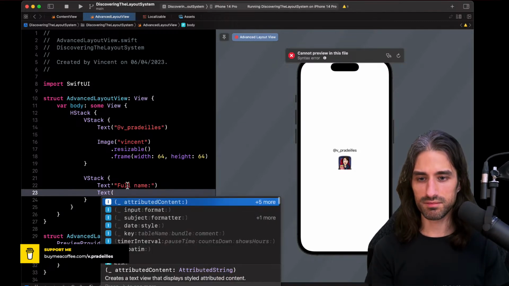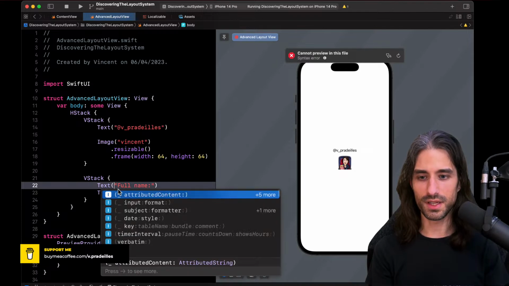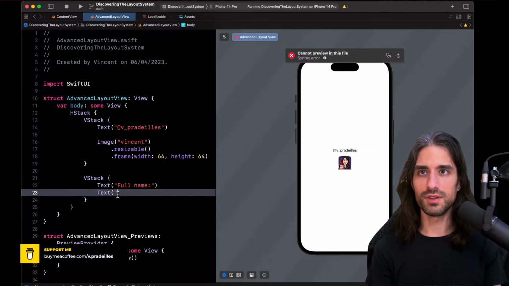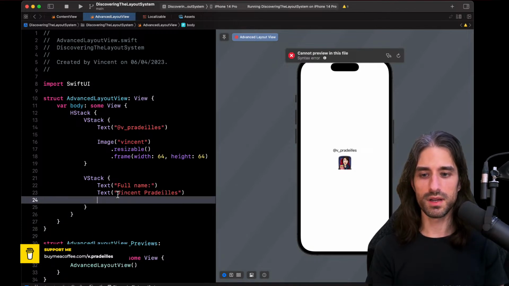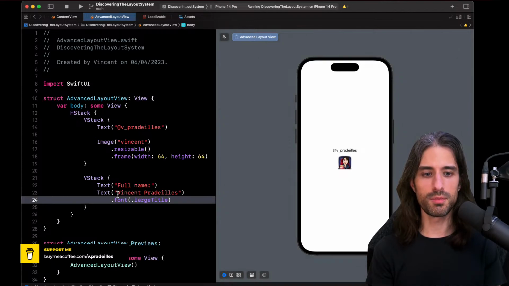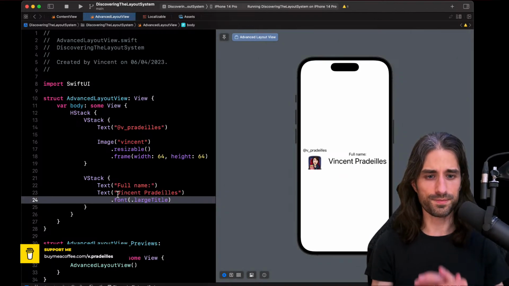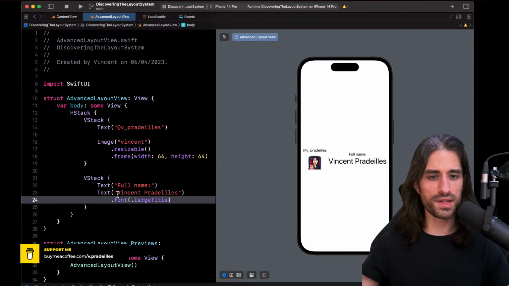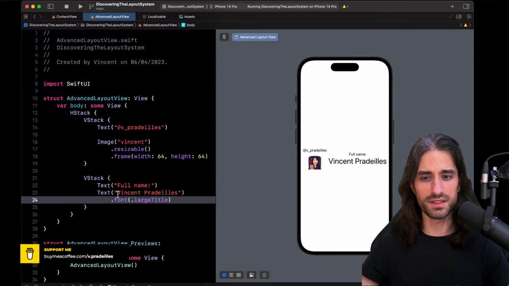And what is... I've made a few typos. What is this full name? So it's going to be my full name, okay? I'm gonna give it a big font so that the alignment will become a bit different. All right. So we have the views. I have defined the views that will be our playground to have fun with advanced alignments.